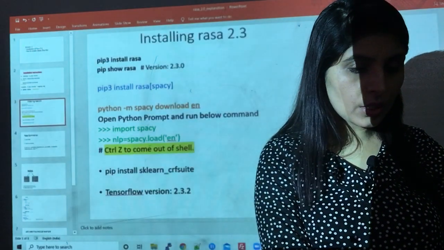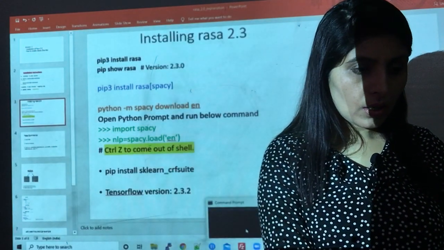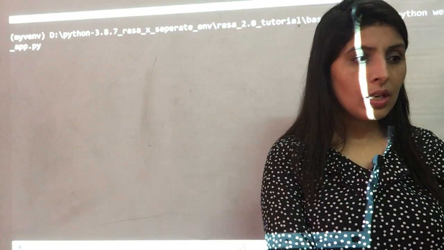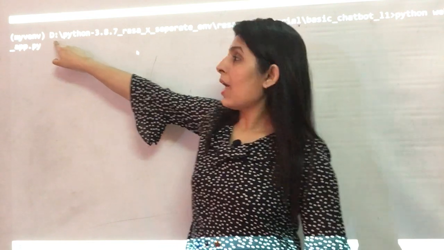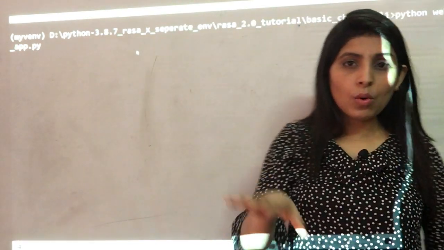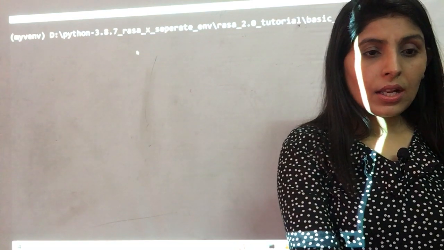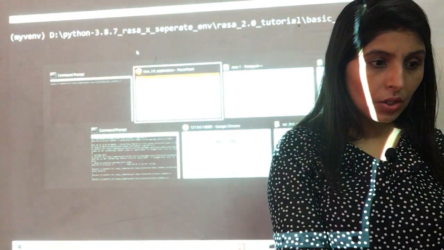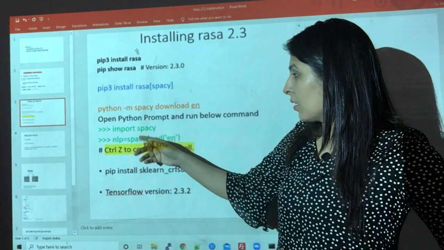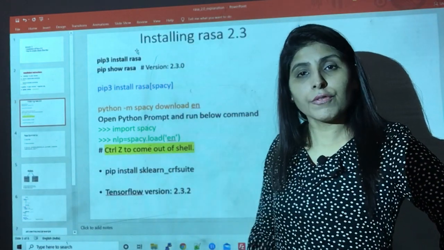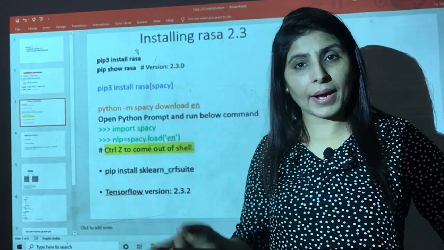What you need to do is, I'm opening command prompt. I have already activated my environment. See over here, this environment is activated, and right now I am in the current working directory. Now let me show you how that particular code will work. For that you need to enter a Python shell.